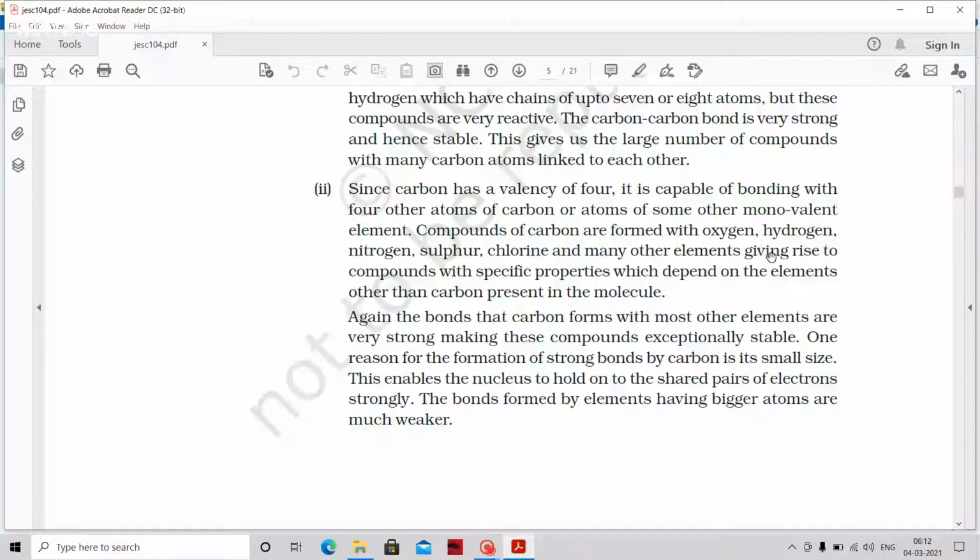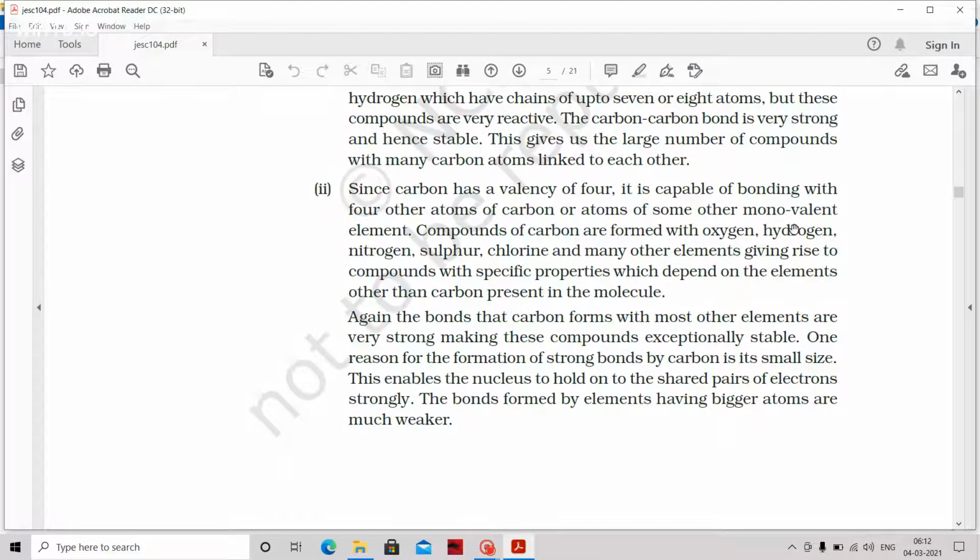And carbon can also form bonds with hydrogen. Everywhere hydrogen is a must. We have a lot of hydrogens with carbon. And you have nitrogens with carbon, amines, amides. There are a lot of compounds, and also with sulfur, with chlorine. You see there is a huge number of compounds carbon can form with different atoms.